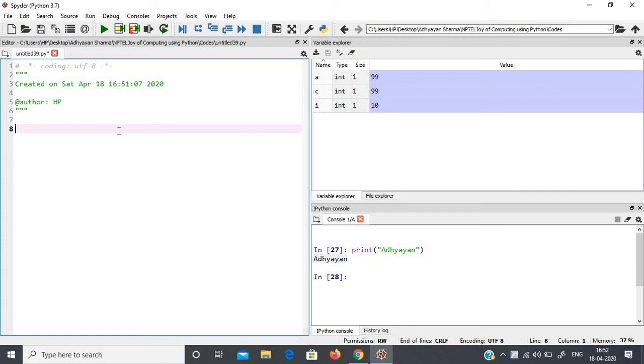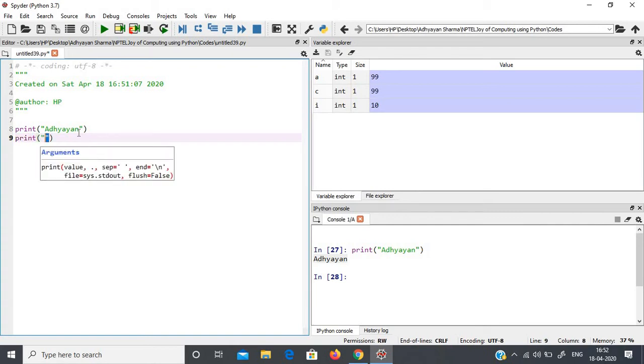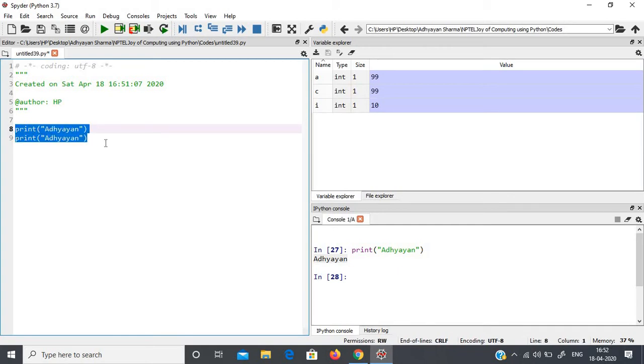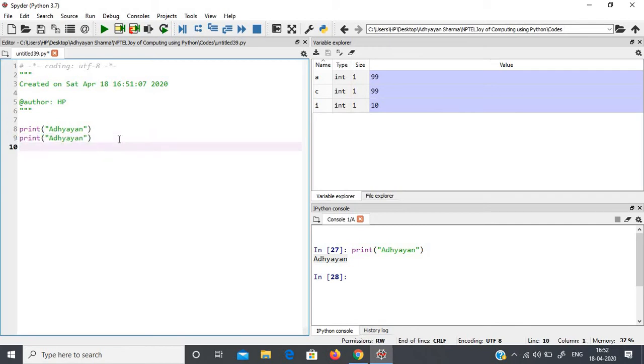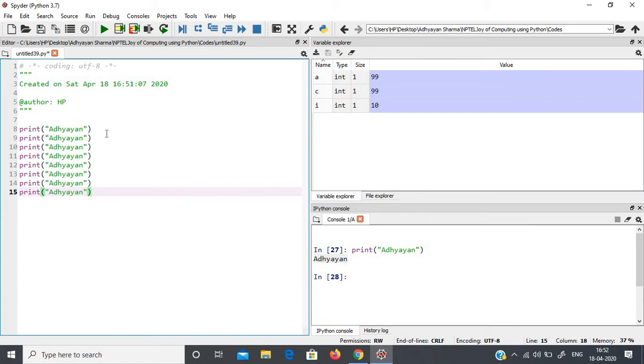But if I want to write it 10 times, I can simply copy and paste it. You learned this in Microsoft Word also, with the copy paste control shortcuts.